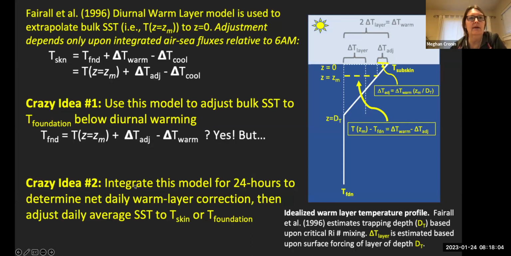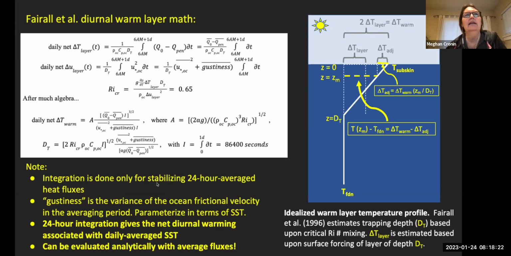Okay, the second crazy idea is, can we integrate this model for 24 hours to determine the net daily warm layer correction, and then use that to adjust a daily average SST to skin or foundation? There's lots of math involved, but really this is just a 1D mixed layer model with net surface heat fluxes. You have to include penetrative radiation. And you're integrating it from 6 in the morning until 1 day later. Then those become the daily averages, and there's then just the time integral. And you do this also for the mixed layer